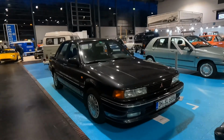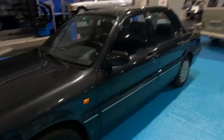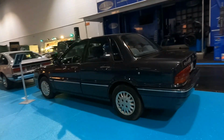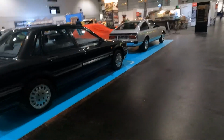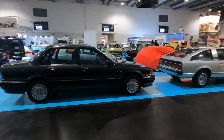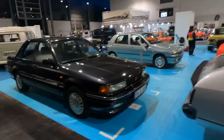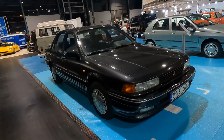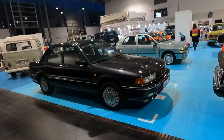And that is unusual because it's a Mitsubishi Galant. This is a 1991 Galant saloon. There was a liftback version that looked a little bit better, but I think these are very nice cars. And by the way, these are cheap. You know, from time to time, I see myself going through the classifieds, and you can get these for around 2,000, 3,000 euros in a nice spec, because Japanese reliable cars,